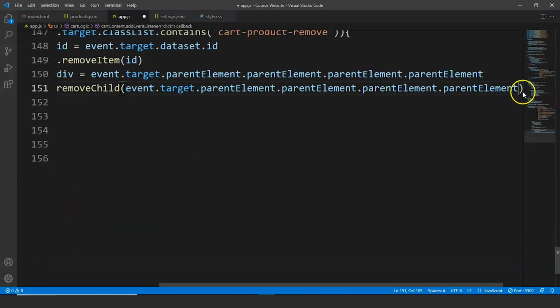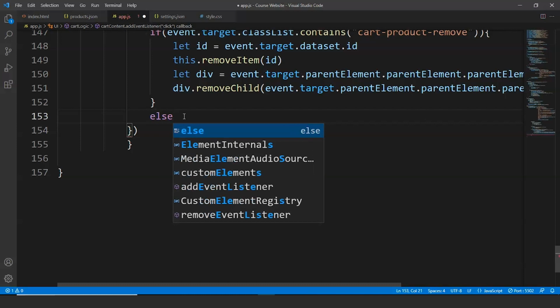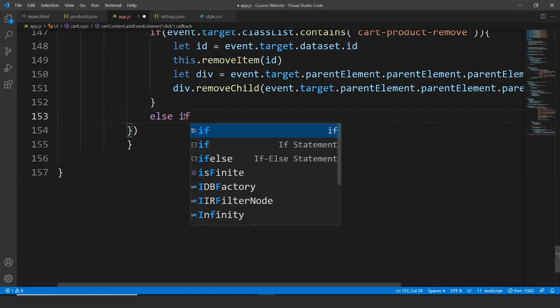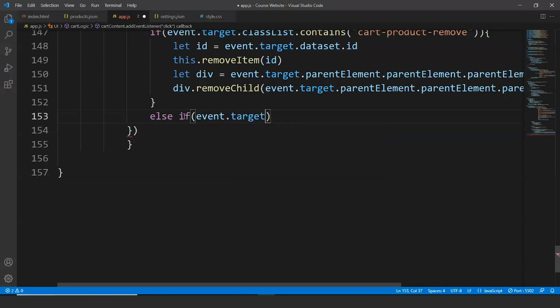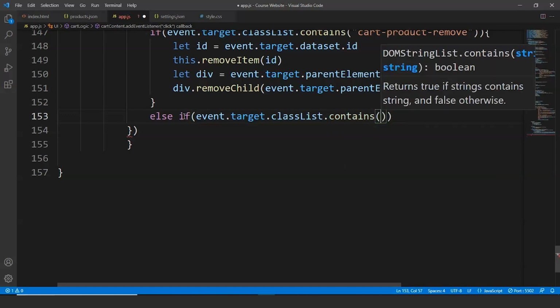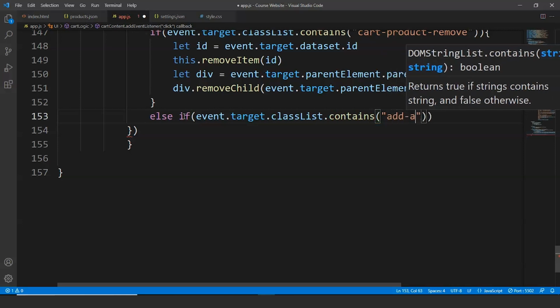Now in the next line we are going to close this bracket and we are going to start writing here else if event.target.classList.contains add-amount,